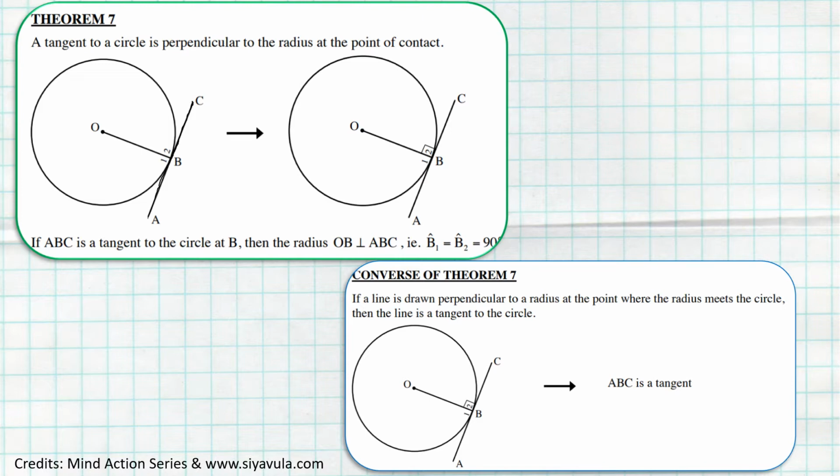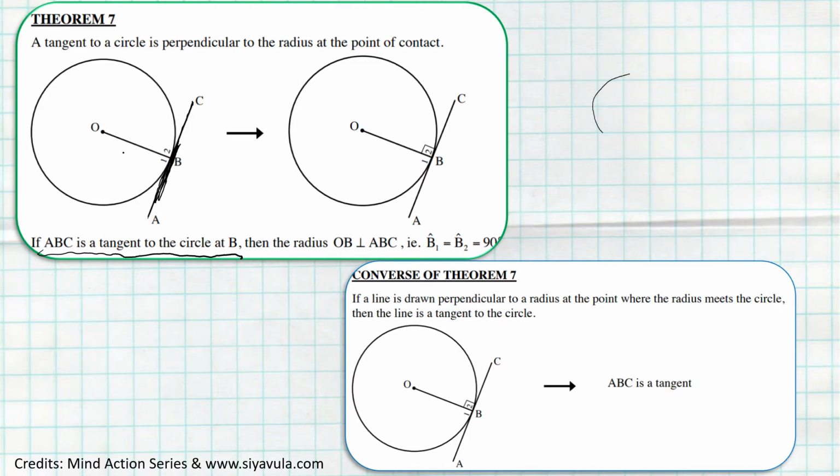Meaning that we can see that our OB is our radius, and it intersects with the tangent at point B, meaning that at that point of contact, that tangent will be perpendicular to the radius. As you can see in this diagram, it is drawn that angle B2 is equal to 90 degrees, or rather angle B1 is 90 degrees. So in other words, if ABC is a tangent to the circle at B,